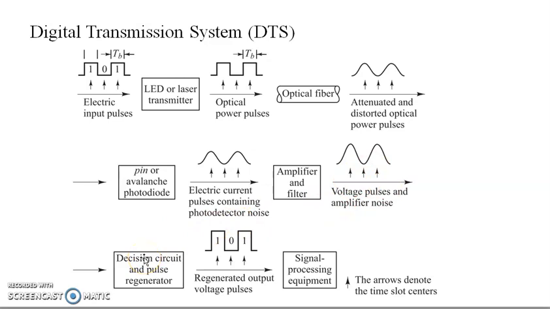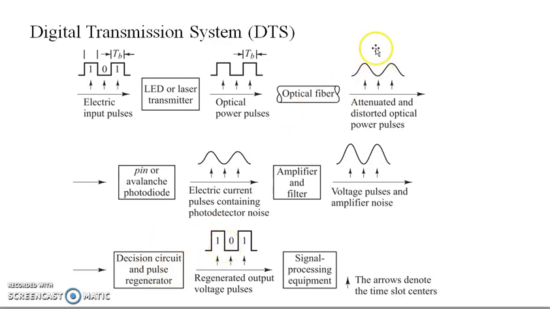It has some particular voltage, and then we can apply a digital decision circuit to the given pulses to recognize what your 1 and 0 will be. As per the level, we define a particular threshold level. Above that we have 1, below that we have 0. So we have the electric input pulses, and we can receive the same signal pulses here. We should know what the threshold level will be, so that's why a decision circuit defines the level.